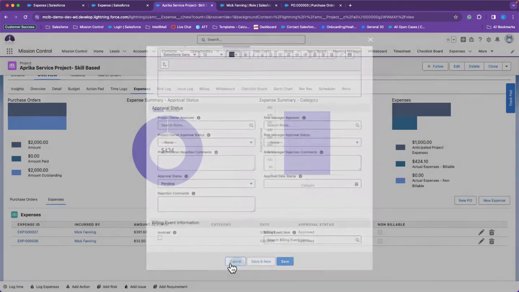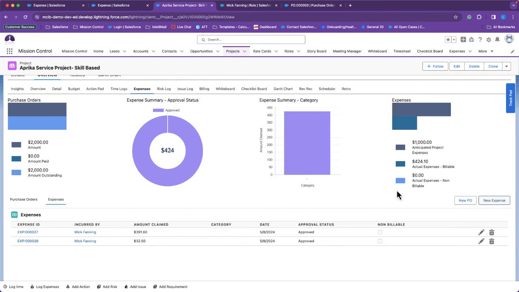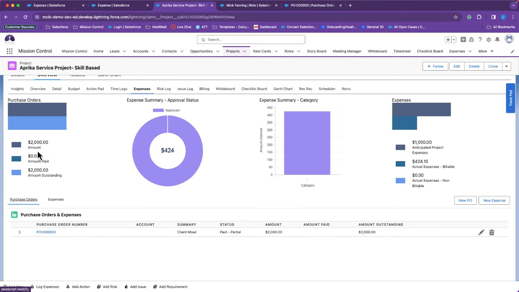All right. So I do want to go ahead and log an expense against a purchase order, which can also be found in this expense tab. Great thing is I can see the amount from the purchase orders in the summary at the top. I get a summary of all expenses, the different categories, and then lastly in this last chart I can see the amount of anticipated project expenses, what has been logged for billable and what has been logged as